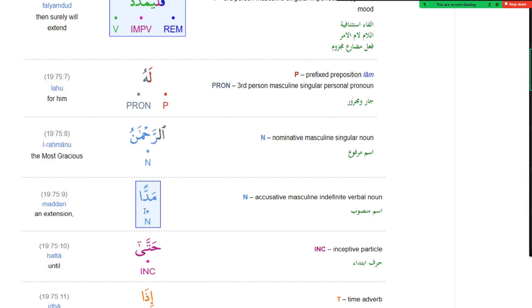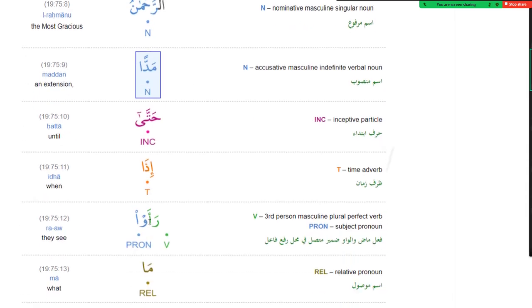Because it's maddan, and I didn't teach you about masdar here because for the small six families like nasara yansuru, daraba yadribu, sami'a yasma'u, and karuma yakrumu, right? So there are variables. The masdar varies. It's not the same. But when we start unit 3, inshallah, form 1 to form 10, then it's easy for us because there is a particular set pattern for the masdar. So here it could change. Sometimes it's maddan and sometimes it's something else. So here maddan is an extension. This is verbal noun. Okay.